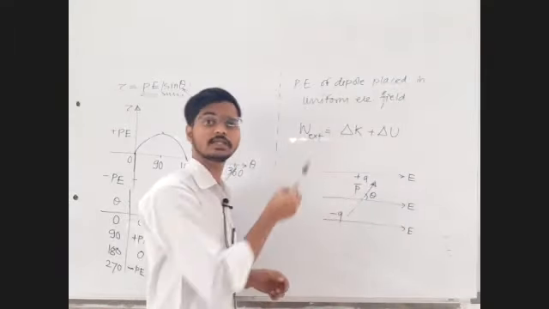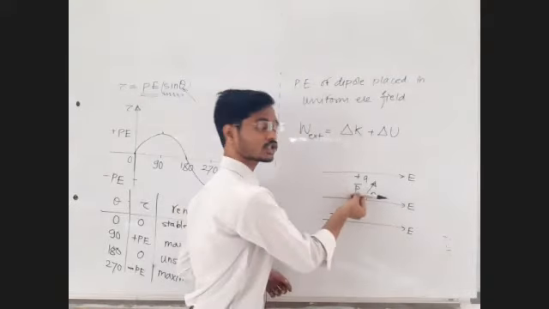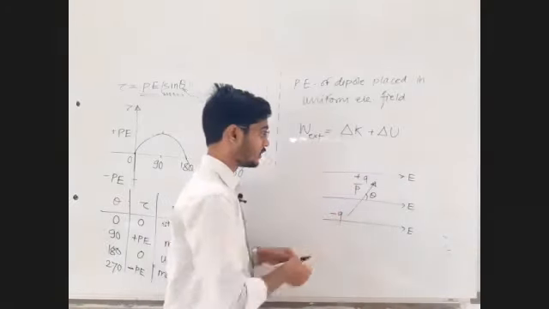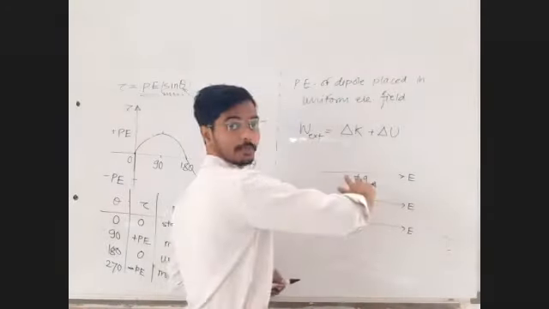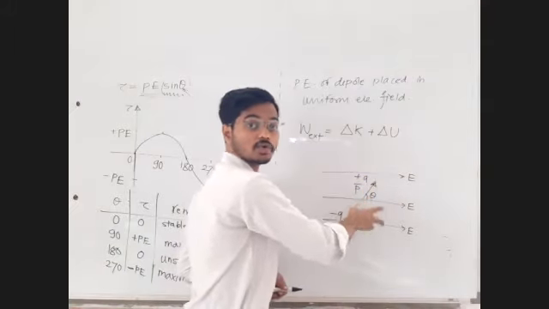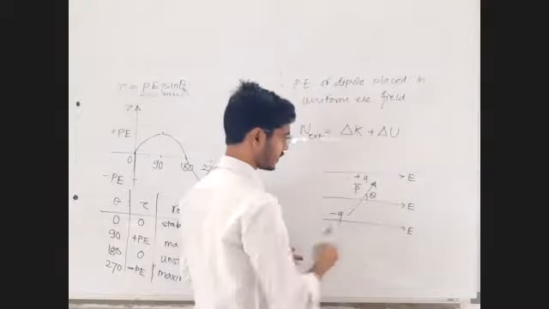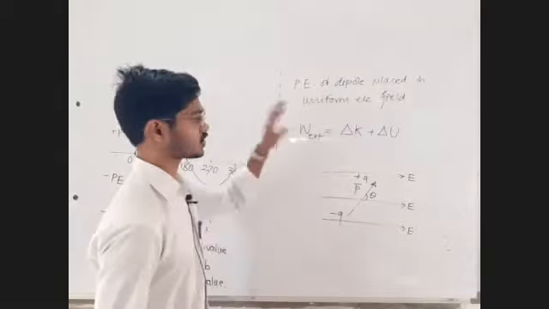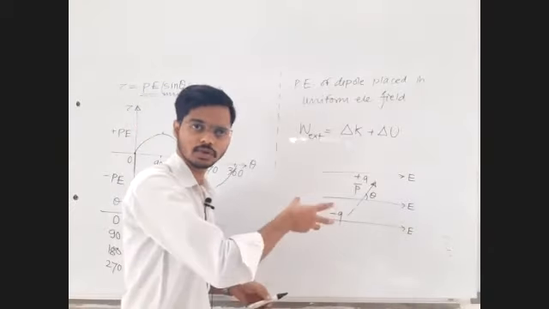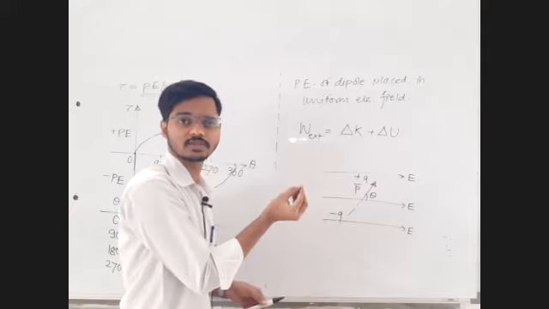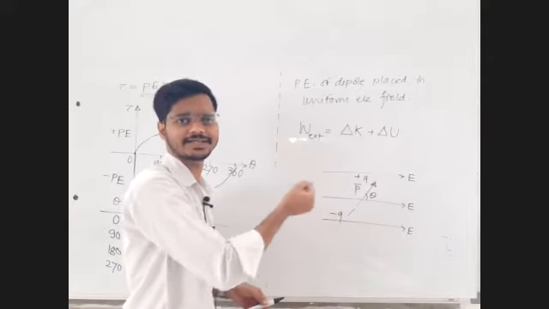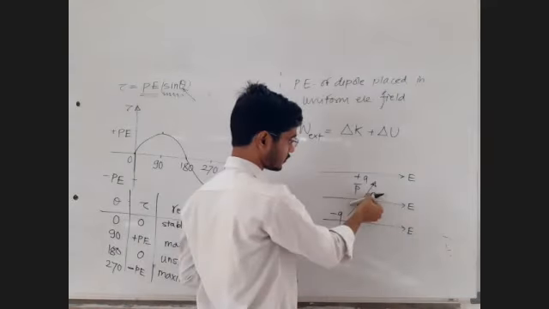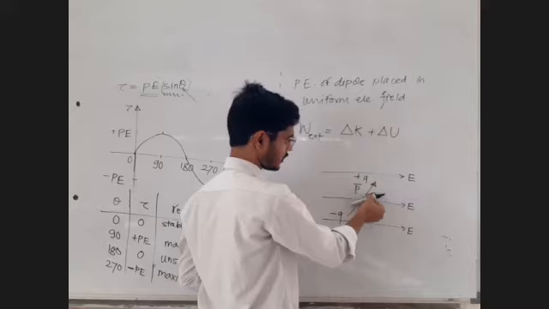The torque of the system is saying that align the dipole in the direction of electric field. But what we will do, we will apply external torque and we will change the position of the dipole and we will do work opposite to the torque of the system. The torque of the system is saying align the dipole to the direction of electric field, but we will not do that. We will apply external torque, but that torque we will apply slowly, very small angular displacement d theta, just like dx.